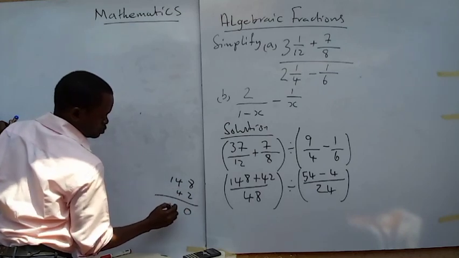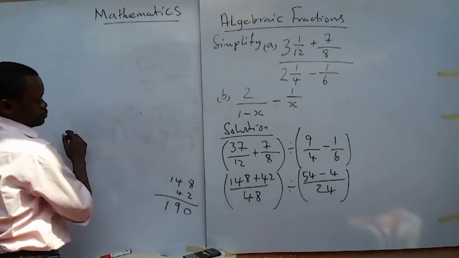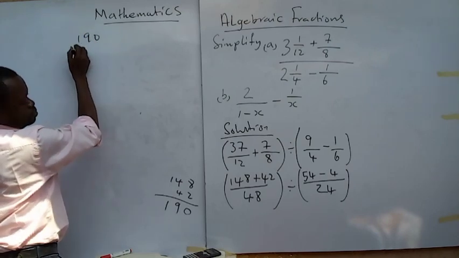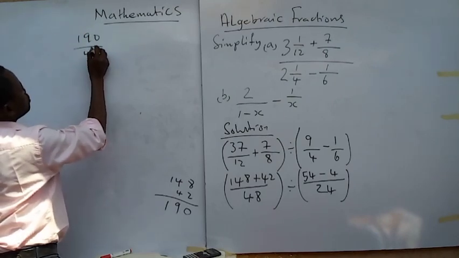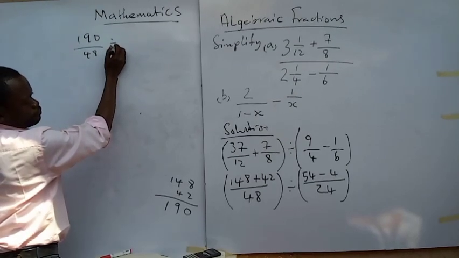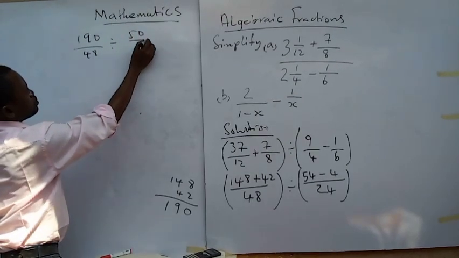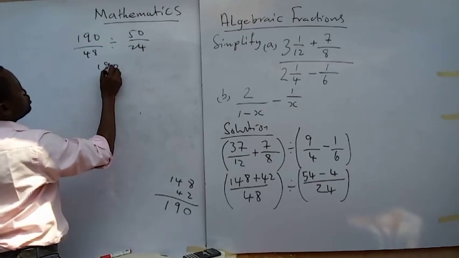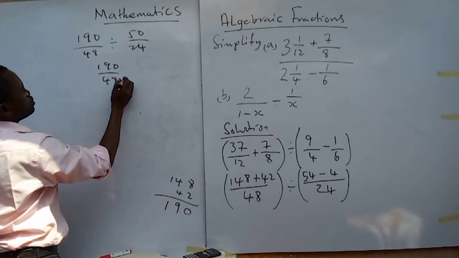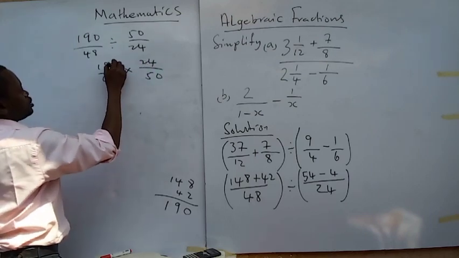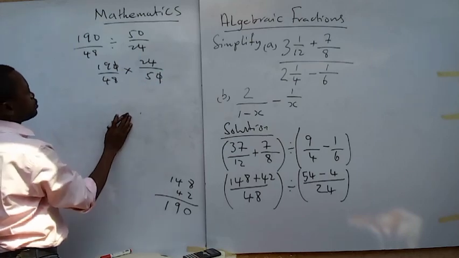0, 9, 190. So we have 190 over 48 divided by 54 minus 4 is 50 over 24. So this will give 190 over 48 times 24 over 50. Take away 0 here, take away 0 here. And then